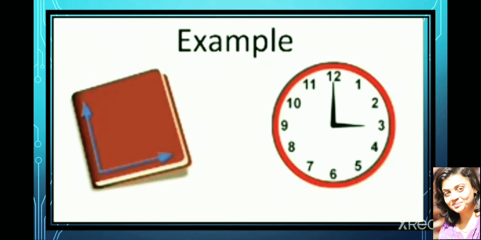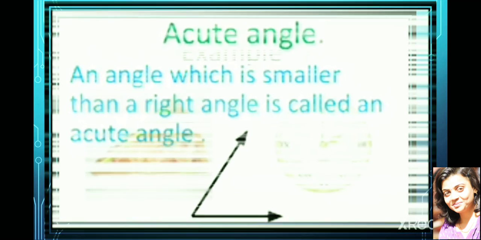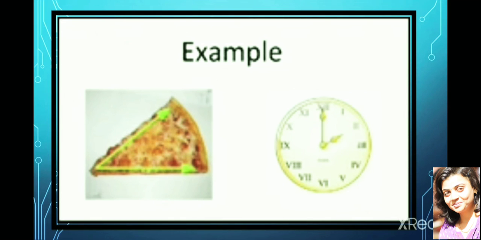In the second picture, you can see the time. What is the time on that clock? It's 3 o'clock. And what is the shape of that hand? Yes, it's a right angle. Next is acute angle. Now what is an acute angle? An angle which is smaller than a right angle is called an acute angle. And the example of acute angle,